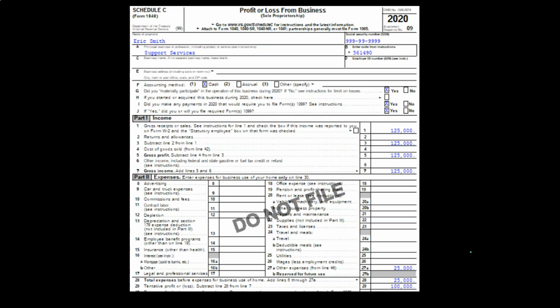This is an example of a Schedule C here. We have the $125,000 up top on the income line item. We have the $25,000 just our only expense here, but just note that these expenses are basically deductions on the Schedule C, giving us that $100,000 that flows then forward ultimately to the 1040, to the income line of the 1040. When filing a Schedule C, the IRS is going to need some type of identification number for the owner